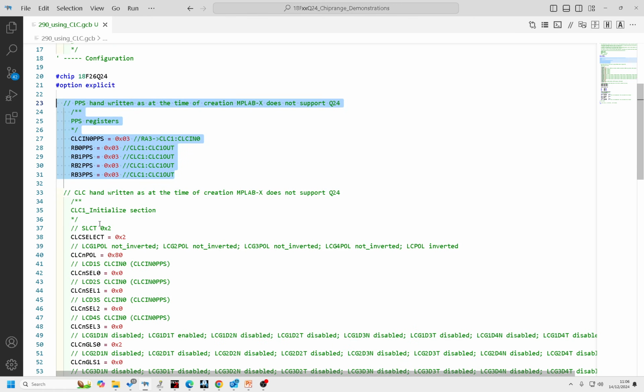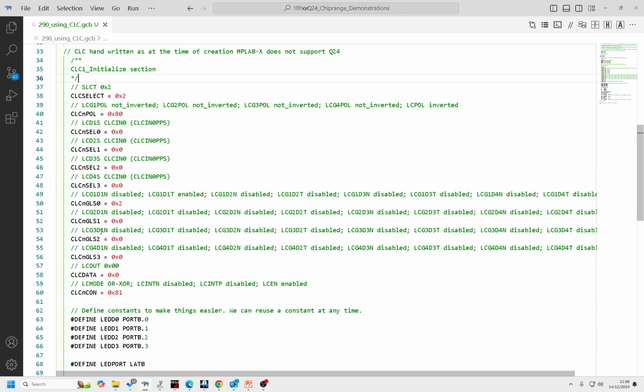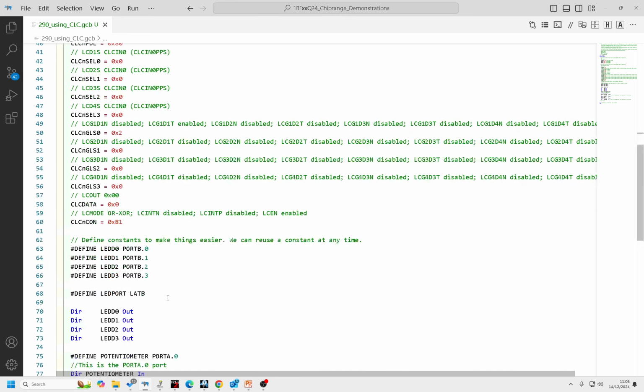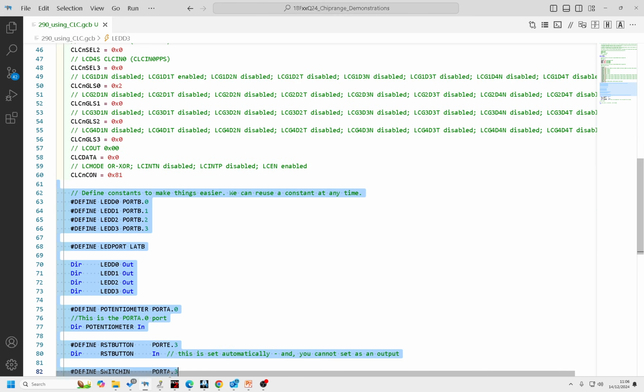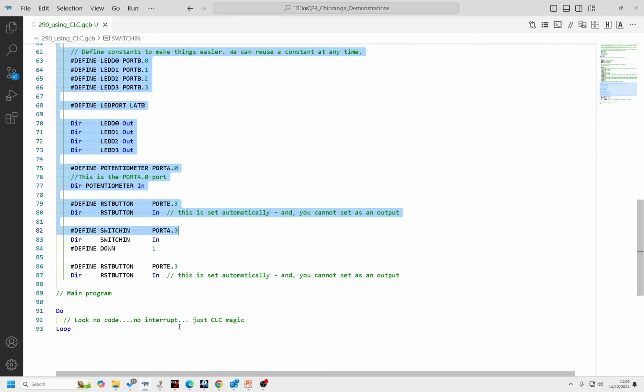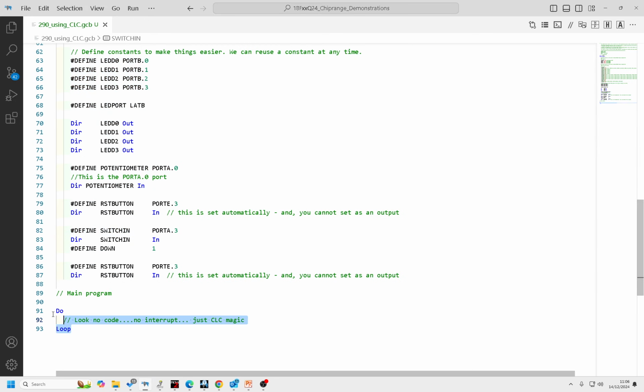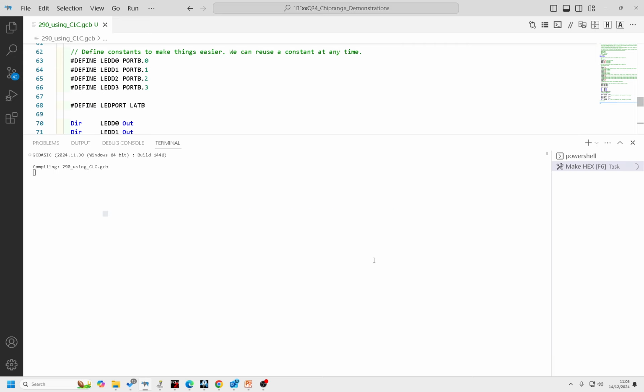And then there's some CLC. And all CLC is a set of registers. And those registers describe your logic. The rest of this header here is the same header as before to set the hardware up, and look, no code. So if I compile that with function key F6,